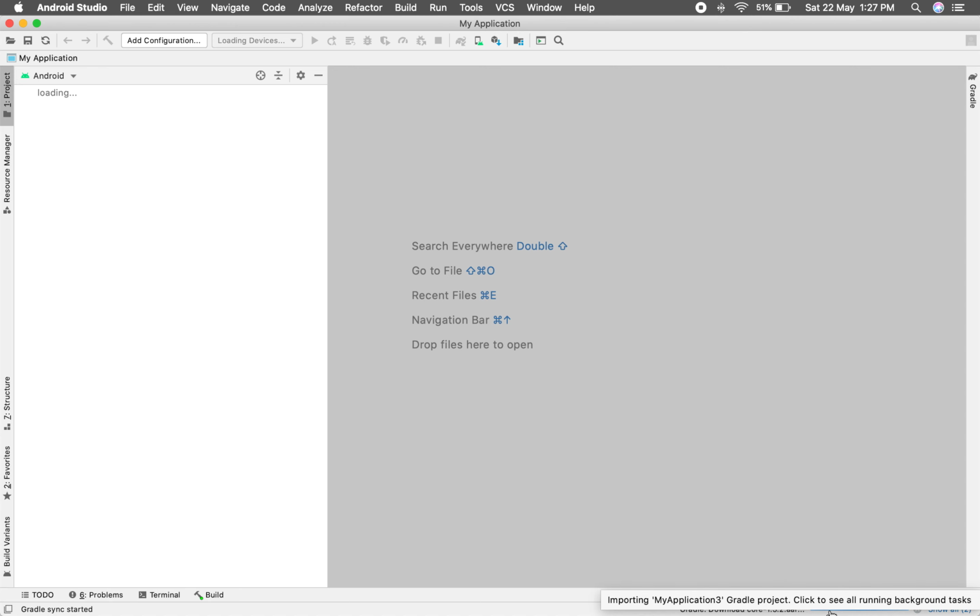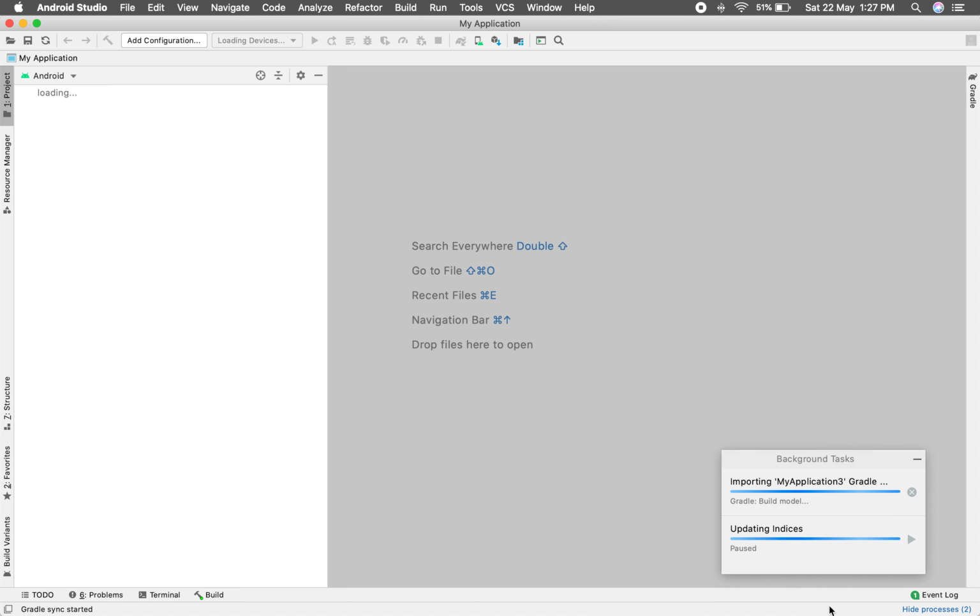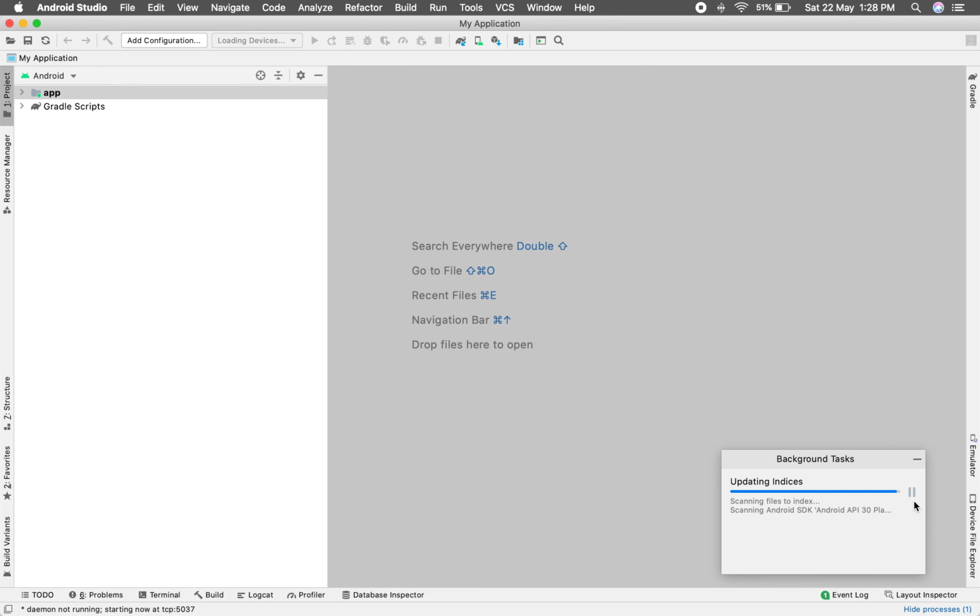In addition, you can see it's downloading a lot of dependencies which are required to start your project. You can click on this and see what is getting downloaded, like the material library and all the different libraries required to start the project. It would take around 30 to 50 seconds based on your internet speed and how good your laptop is in terms of RAM and memory.